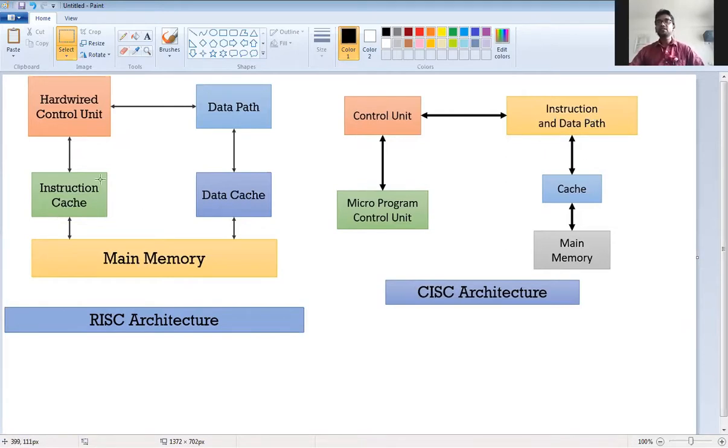Here in CISC, the path is different. You can see that here the path is also the same, the memory is different, the bus is also the same, and the instruction sets are different. The instructions are complex instructions, meaning the instructions are not executed within one cycle. Generally it requires one cycle, two cycles, or three cycles for execution of a single instruction. Hence it is called a complex instruction. Here the instructions are complex, meaning software complexity is more, but hardware complexity is less. You can convert the same hardware for different applications by changing the instruction. That's why CISC architecture is highly used in applications.